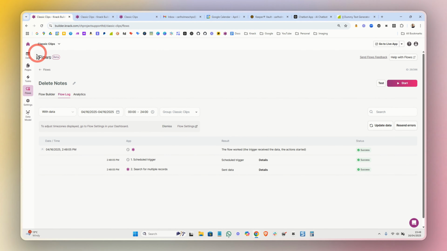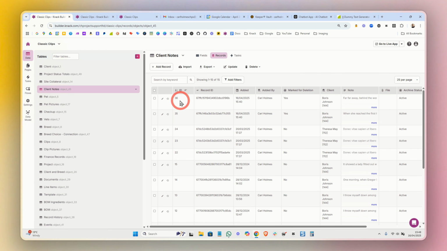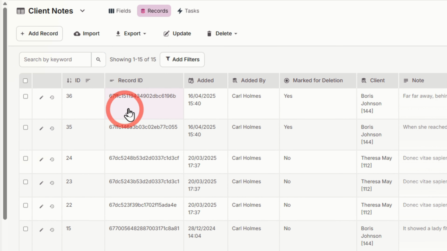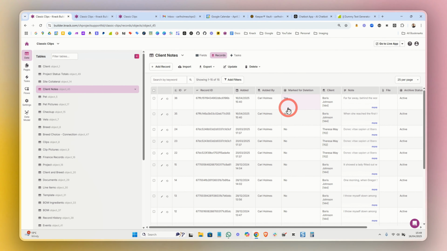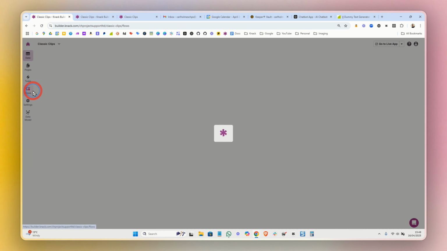So let's just go into the data side of things and look at my actual table, and you can see we've got auto increments 36 and 35, and then the record IDs end in 96B and 055, and they're the only two marked as yes. So the next thing we need to do now we found those is to iterate through them and then delete them. So let's go back to the flow,